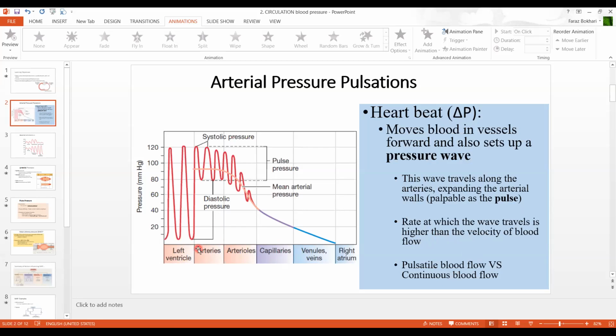So it's a nice diagram in which the authors have divided the circulation simply into various sections. They start from the left ventricle, then they talk about the arteries, then arterioles, capillaries, veins, and back to the heart, the right atrium. You notice that when we are talking about the pressure, the left ventricle, I beg your pardon, it registers the most